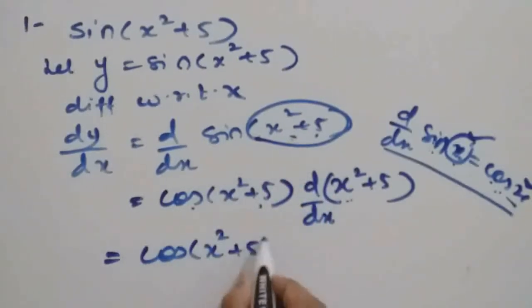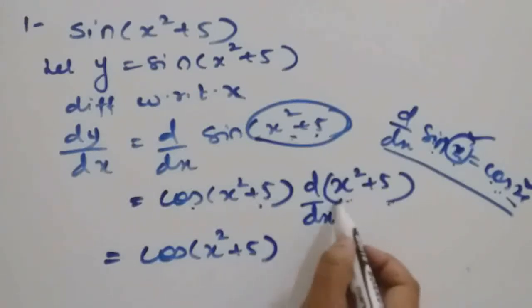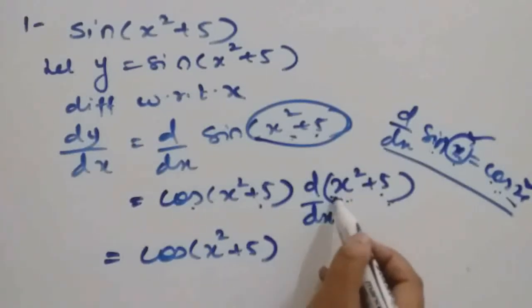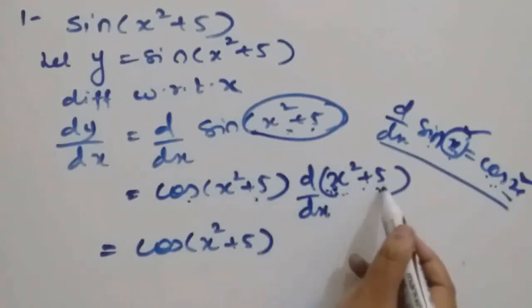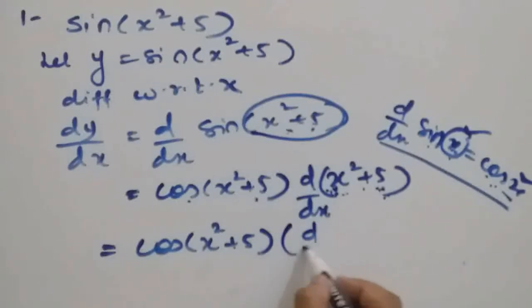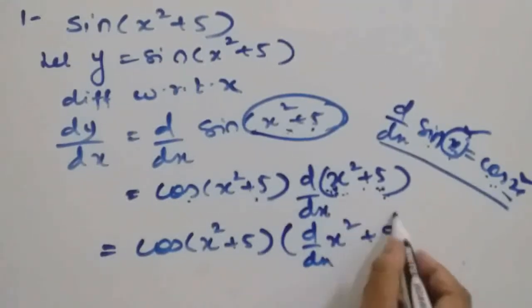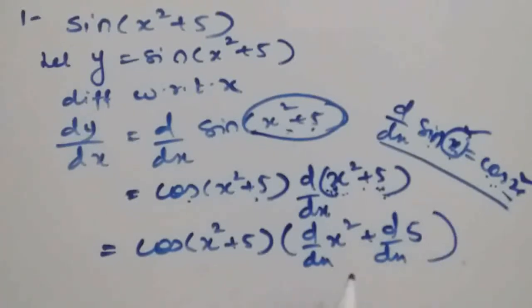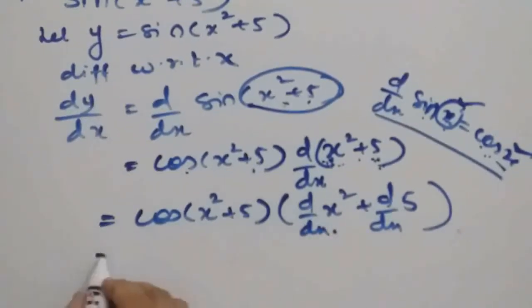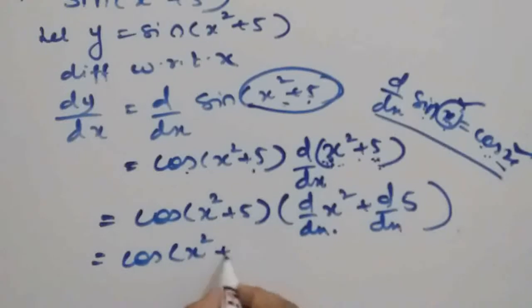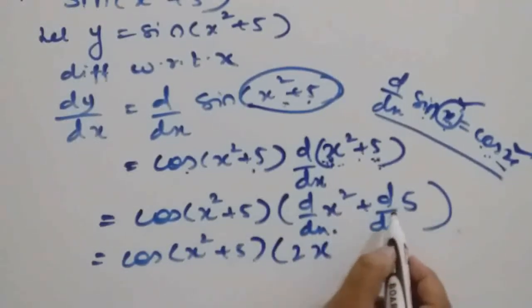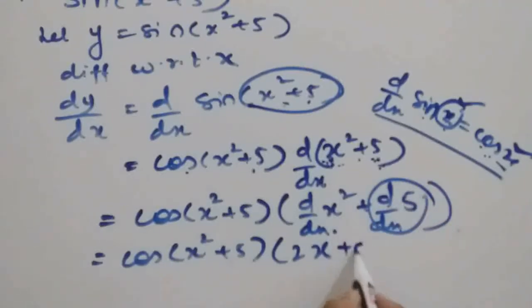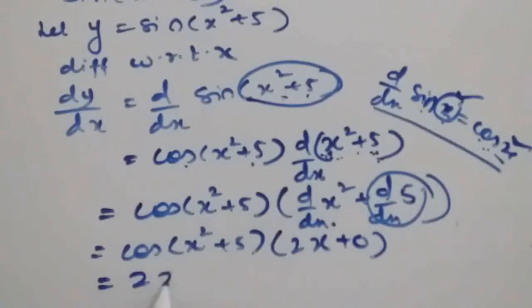So now, next step. Since we know the derivative of two functions in addition will be the derivative of the first function plus the derivative of the second function. So, derivative of the first function, derivative of the second function. Now, this is a standard function, isn't it? We can use the power rule here. What is the power rule? It will give the derivative as 2x, and the derivative of the constant function will always be 0. So your final answer is 2x cos(x² + 5).